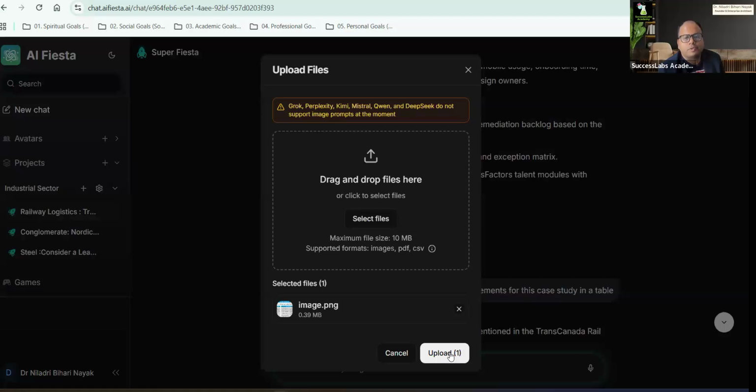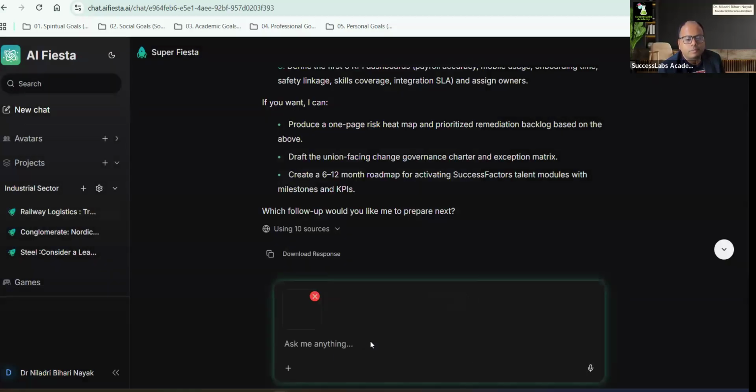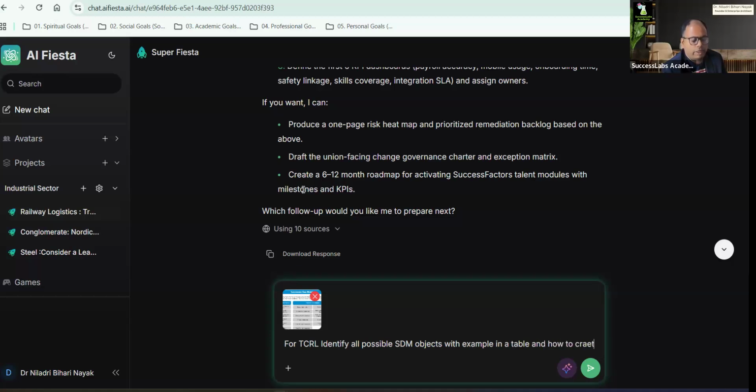I will upload it and say: for TCRL, identify all possible SDM, Succession Data Model, objects with examples in a table, and how to create them